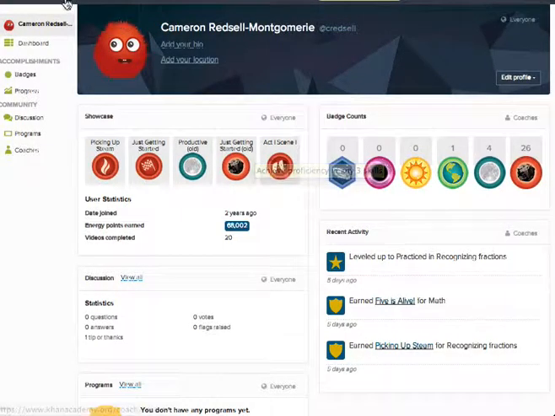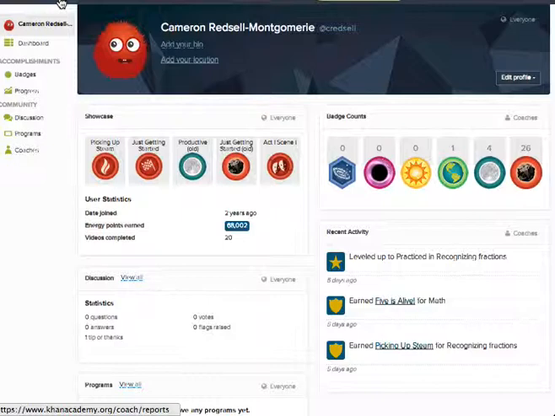From here, and again, this projector's a little bit low, you can see up in the corner here, there's a coach button. And all students see this. This is not special. You don't sign up as an instructor or as a student. Everybody is a coach to everybody else if they want to be. There's no special status in the system. So when you press the coach button,